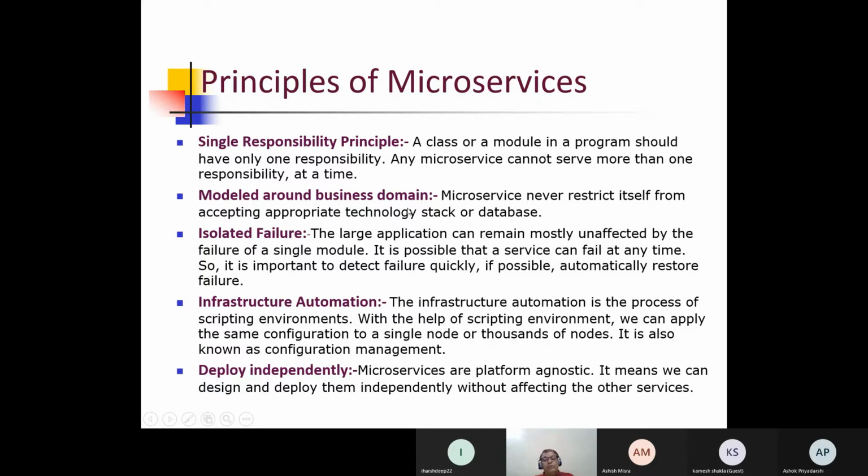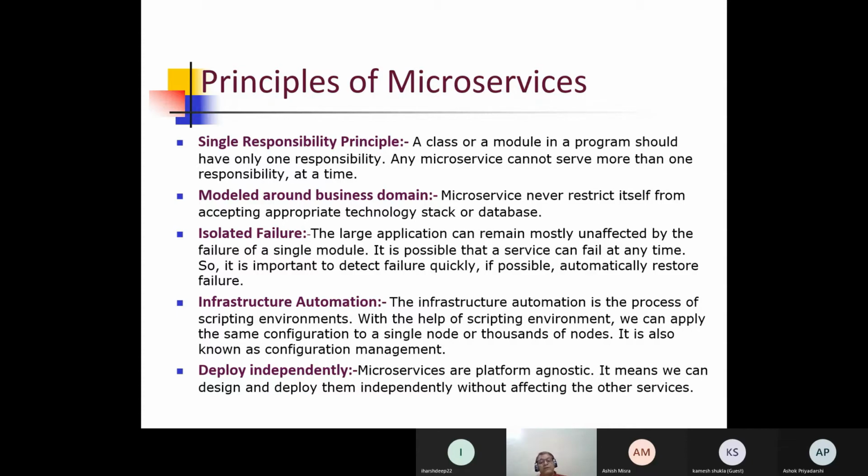Model around business domain. Microservice never restricts itself from accepting appropriate technology or database. Like I already said, since there will be separate applications, they can be deployed at different locations.